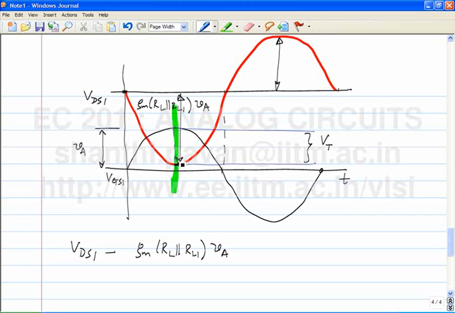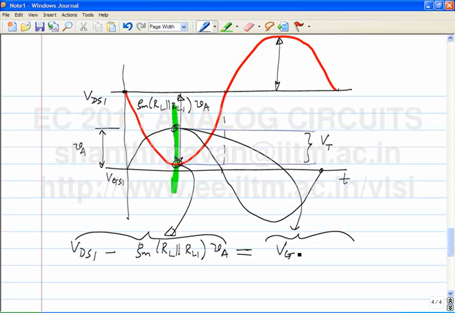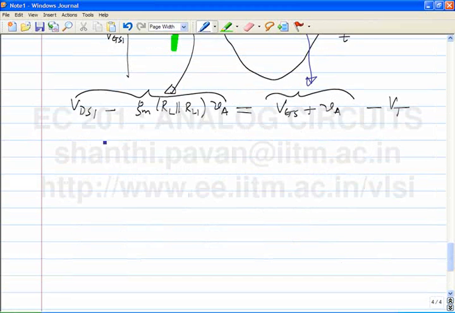Okay, so that's this point there. And that must be equal to, what is the topmost point on the black sine wave? VGS1 plus VA minus VT, alright, VA max